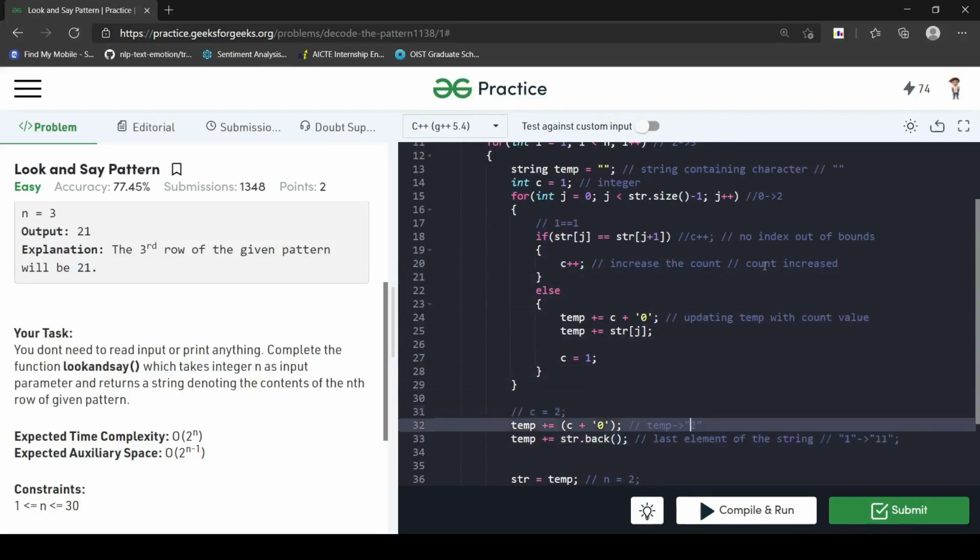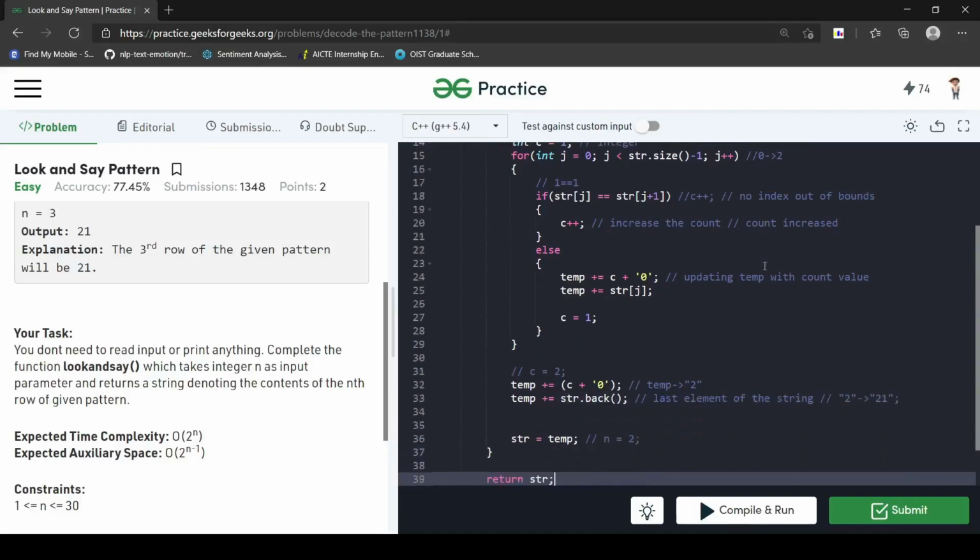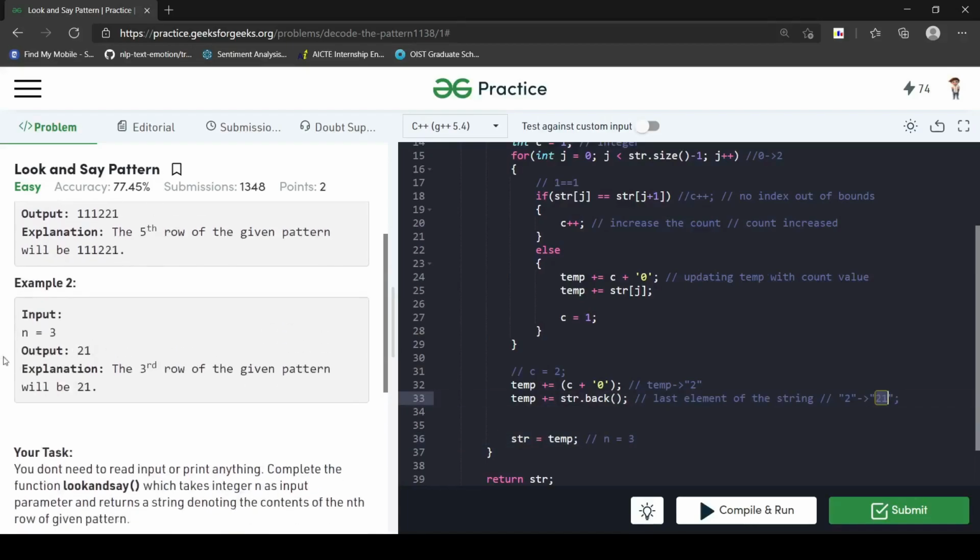So temporary is being updated to 2 now. Therefore, after adding the last element, it is being updated to 21. Now for n equal to 2, we have got our string. Now for n equal to 3, we have got 21 as our answer, and here the answer was 21 also.